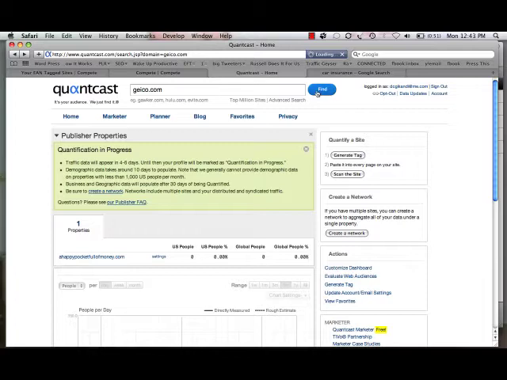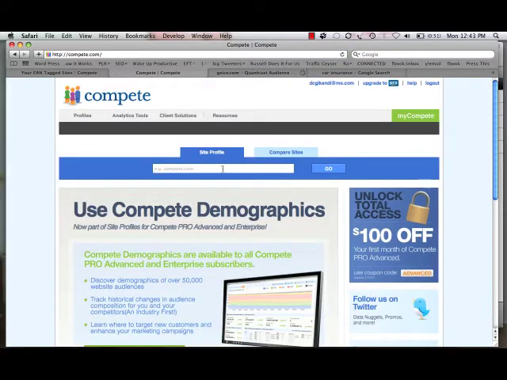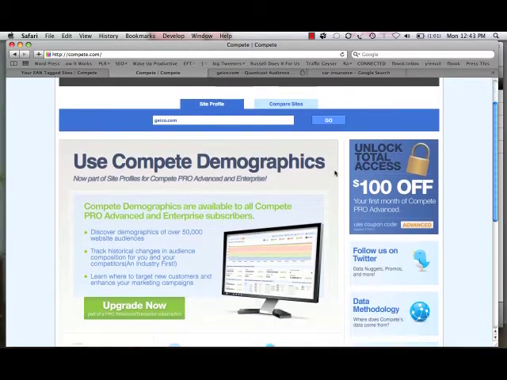And there is another place that we're going to be going to, and I'll go there while this loads up. Remember, I'm in Kenya. I'm showing this from a very nice place in Kenya, but the internet is not as fast as it is in the US or in Australia, where I sometimes spend a lot of time. Another website to go to is compete.com. Again, type in the URL, click go. Compete.com and Quantcast are going to give you some very cool demographic data